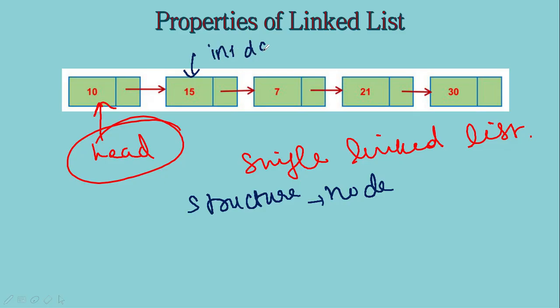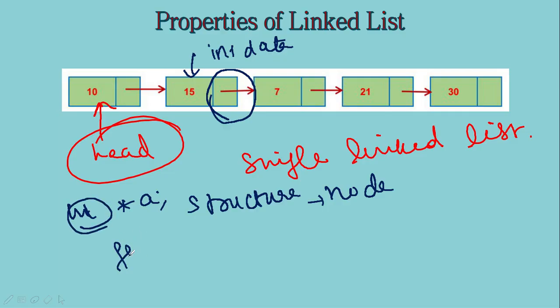And there is an address part. What type of address is there? Addresses we will indicate by star. If I want a pointer variable, I will just put a star before the name. If it is an integer pointer, in the sense that in that particular address there is an integer, we will declare it as int. If in that address a floating point value is going to be there, we will declare it as float, and so on.